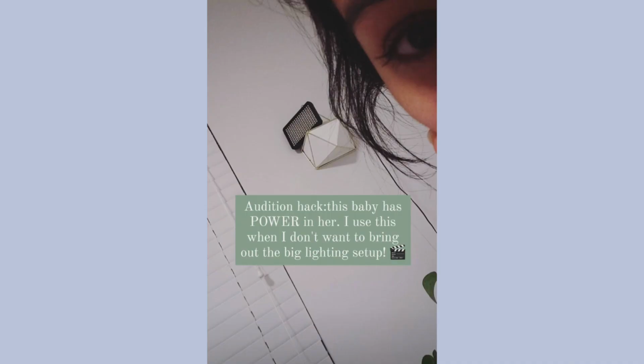Two weeks ago, I posted a picture at 11 p.m. saying, actor tip, use this light. I use this when I don't want to bring out my big setup, which is the light that I'm using right now to record this video. It's a light that I normally use for all my self-tapes. It's just one, but it's really big, it's really bright, and I love it. It's also $100, and I know that's an investment too, and it is travel friendly as well, but this